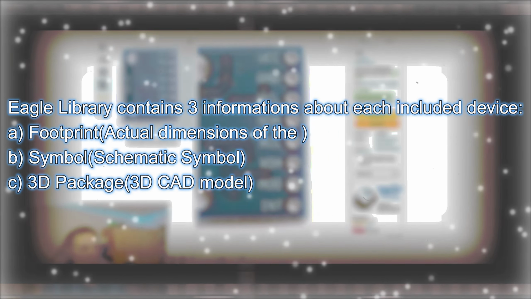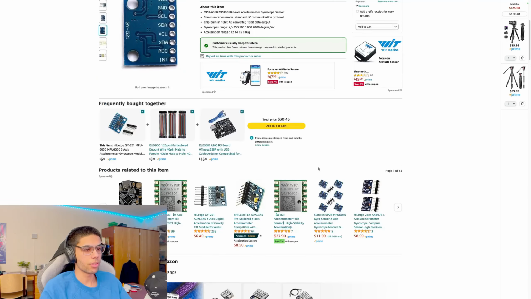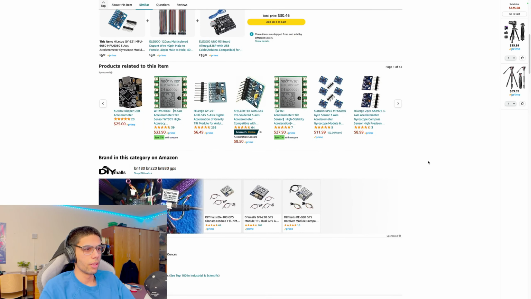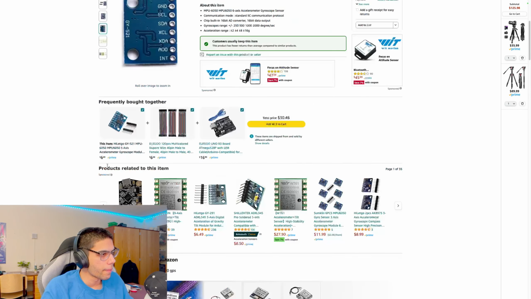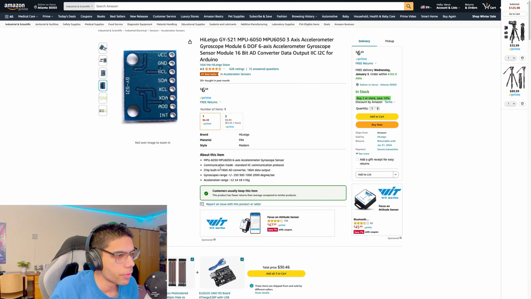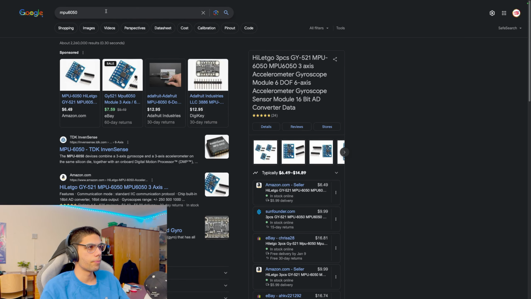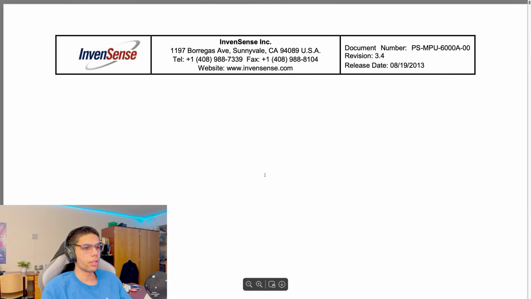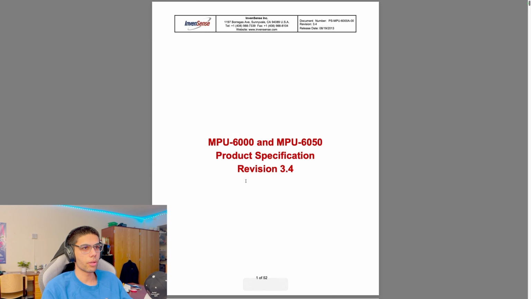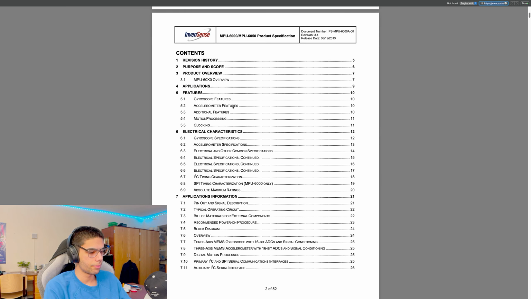So this is also called GY521. Let's see the dimensions. Naming of different sensor chips is kind of confusing, so just consider this as an accelerometer gyroscope. You can see its description written on these websites. Or what I like to do is just type datasheet in front of that sensor, and then the actual datasheet that I was discussing in the last session is going to pull up, where you can see the dimensions,